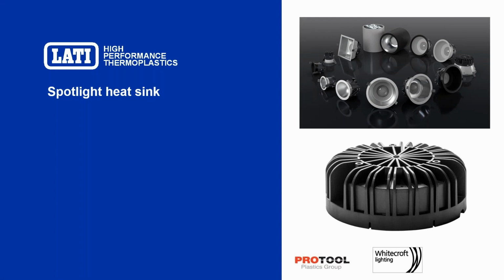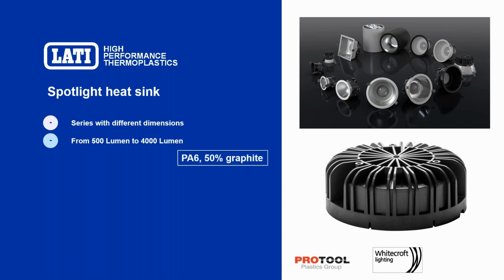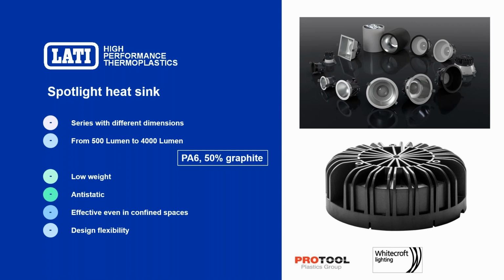This other example is a heatsink spotlight, which is part of a series of different heatsinks, which differ from the thermal management point of view. This is something in between 500 and 400 lumen. It's a polyamide 6 with 50% graphite. And the advantage of choosing this material was, beside the lower weight compared to aluminum, also the anti-static properties,